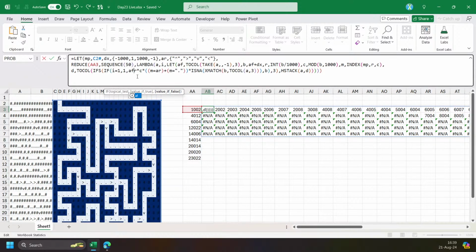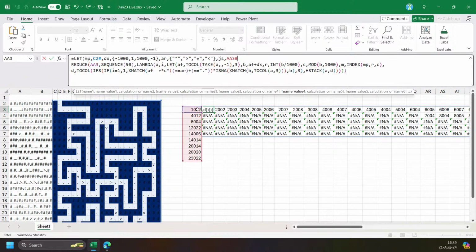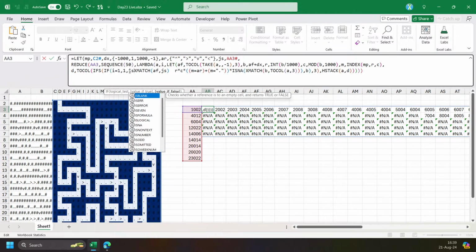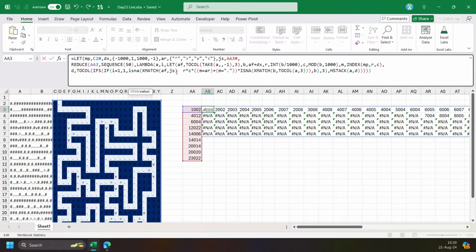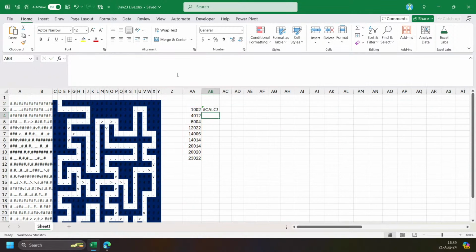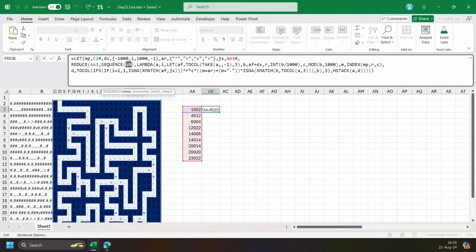which could be more than 1 row. So, XMATCH AF with the part, with the join. Say this one is JS. So XMATCH A with JS has to be not found. So is and A not found. And multiply this one. Oh, wait, 1,